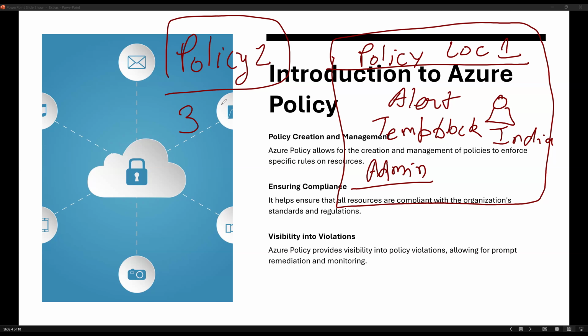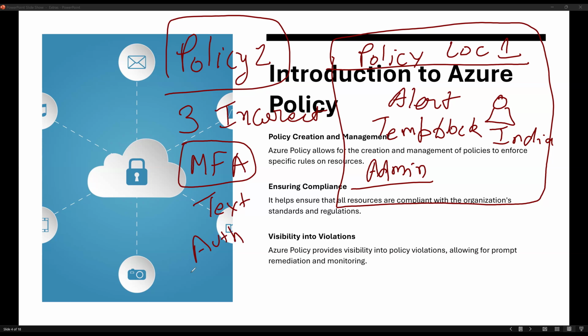So in this policy, if a user is entering three incorrect passwords, the user will get prompted for MFA. The user has to enter a second level of authentication, which can be a text, an authenticator app or anything, maybe a physical token that we use. So that is the second policy in my organization. I can create multiple policies like that just to ensure security in any kind of